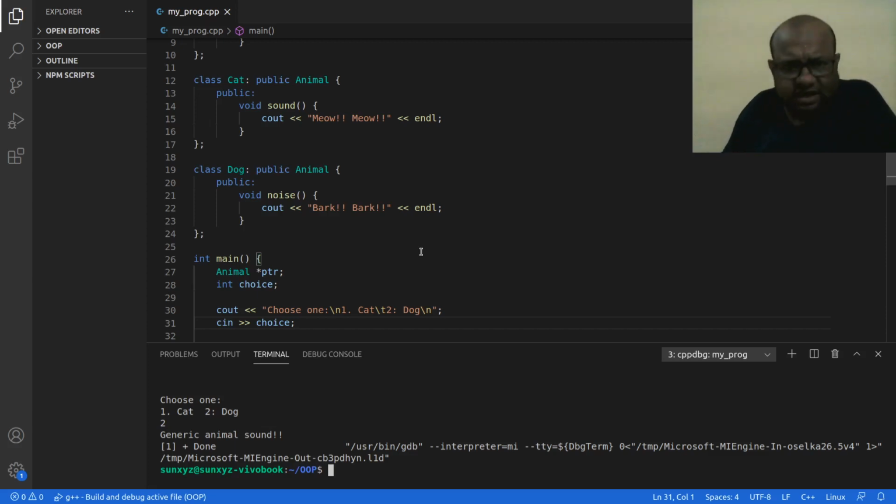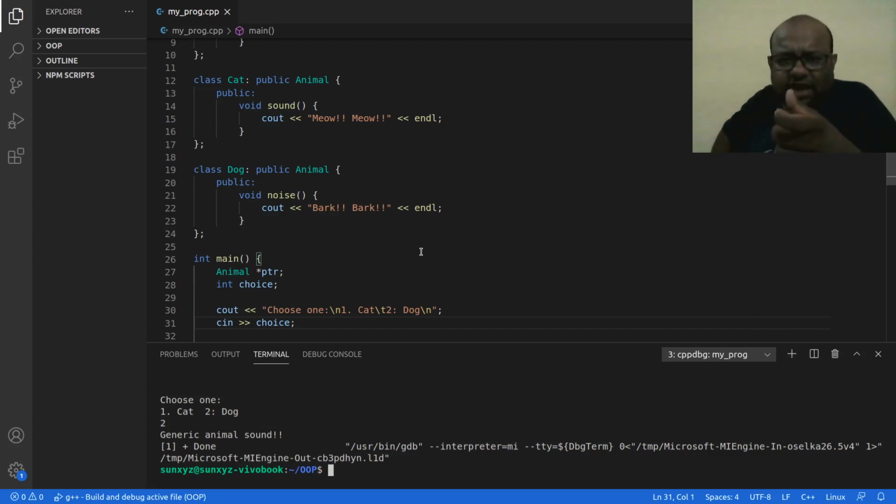So what is happening now? I have this dog class. In my dog class, I did not override this sound function, right? I had overridden it, but now I renamed that sound function. So right now, I am not overriding this sound function in my dog class.